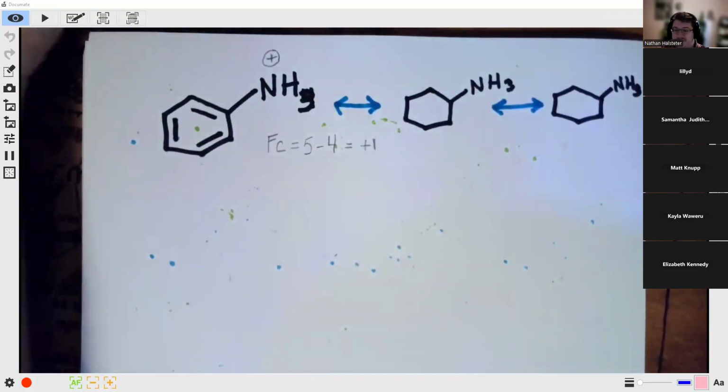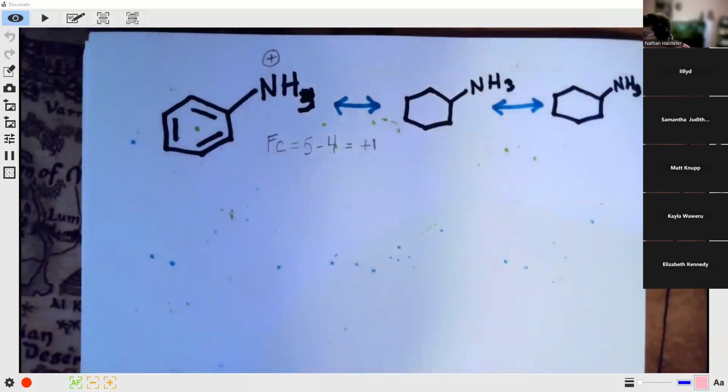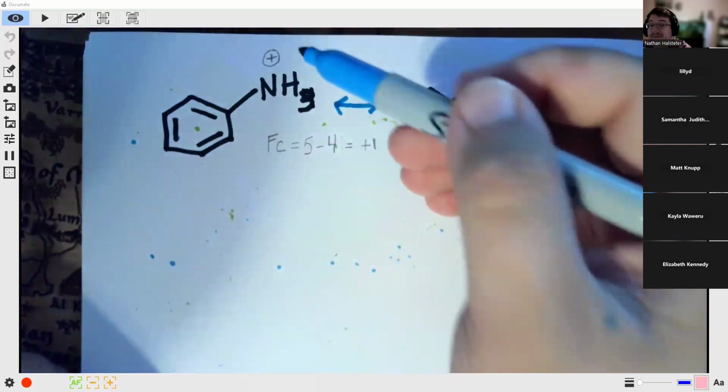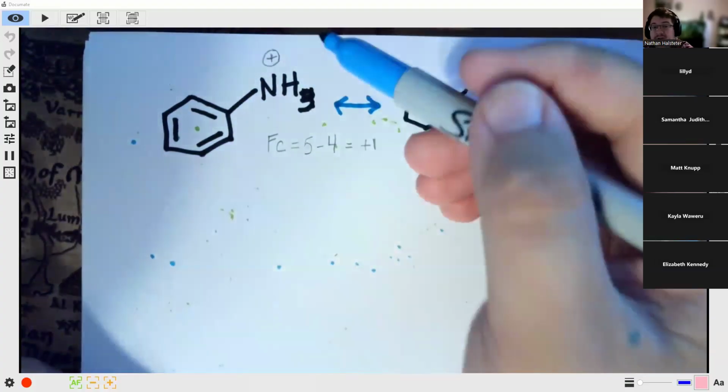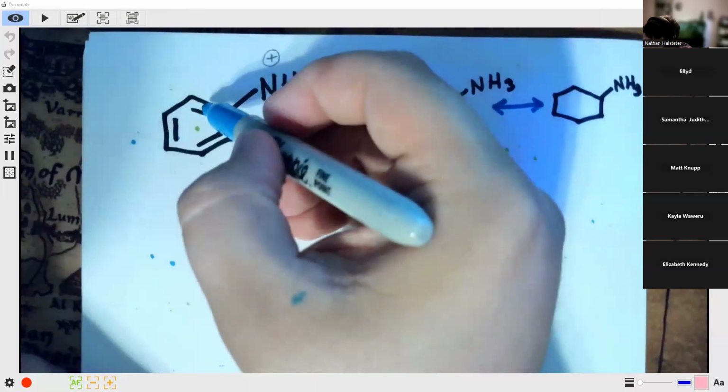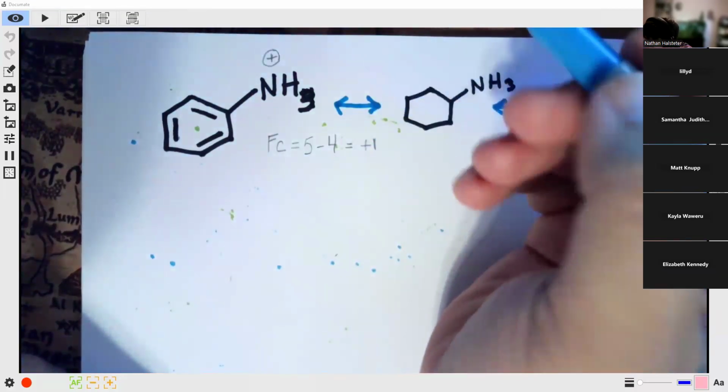All right, give you your 2 minutes. Let's look at it. So in this case, we have a positive charge. We will never, ever draw an arrow starting from a positive charge. Not going to happen. We want to start from electron rich to electron deficient. So